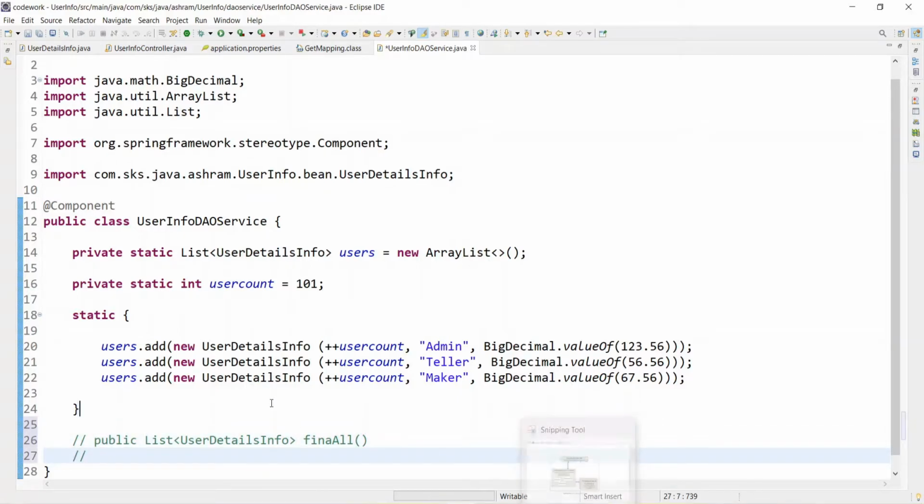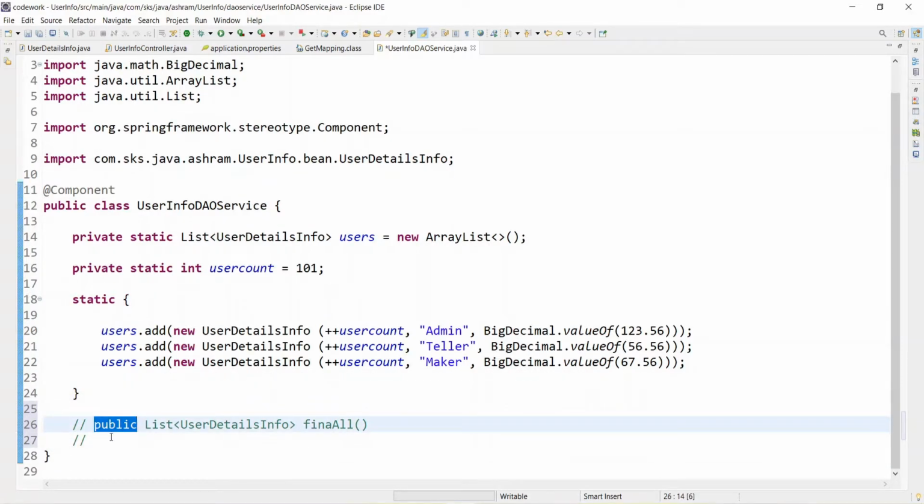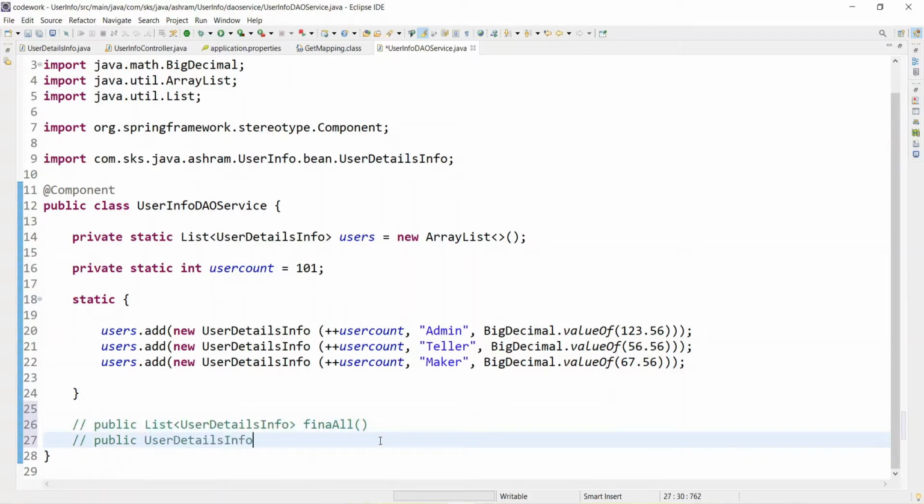And the second thing I want to implement is basically to find one user. So public, for the one user I want to return the bean of that particular user, and findOne. And the third thing, I want to save.